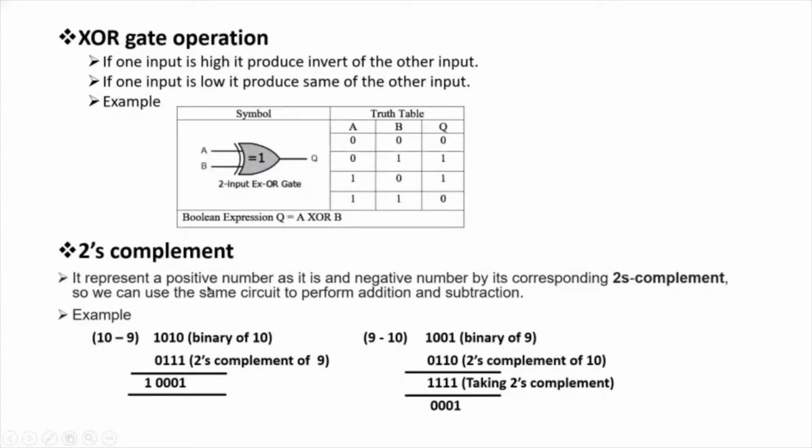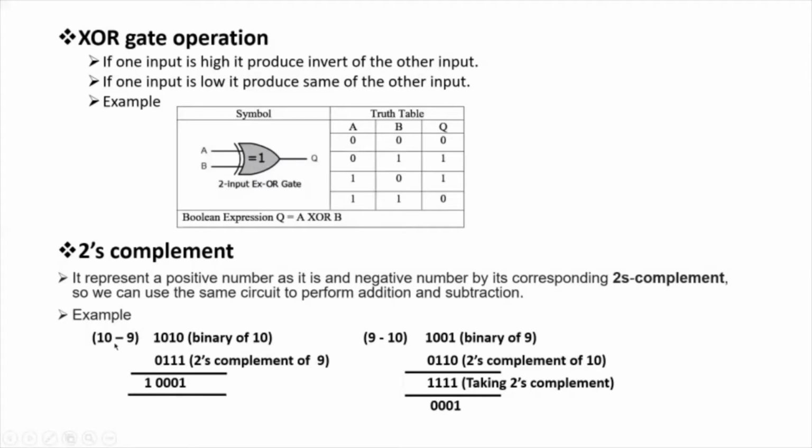So next we have 2's complement. We all know the method of 2's complement. The binary of the given number is to be inverted and 1 has to be added. That's called 2's complement. The 2's complement is used in binary to represent negative numbers also. So that is the major role of the 2's complement.